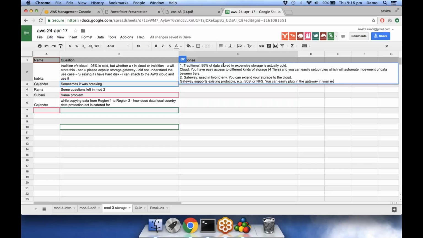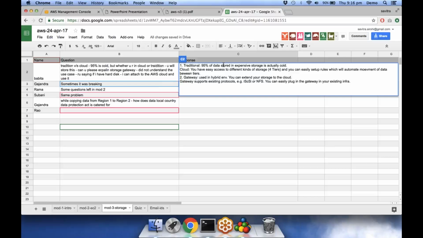in your existing infrastructure, right? So what happens is your existing tools, example a backup tool, can still be used. No change required, right? No change required. The difference is